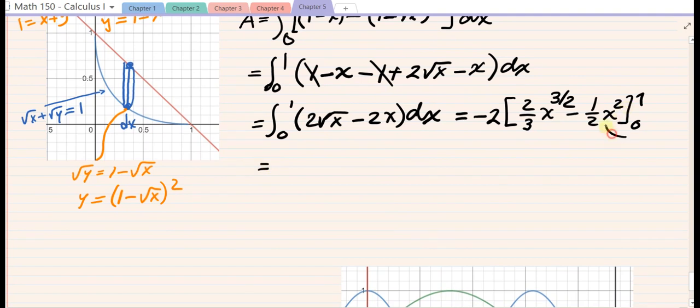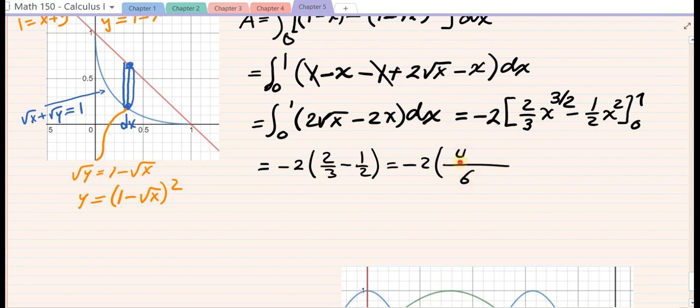Now the lower limit in for x will give you 0. So I'm just going to plug in the upper limit here. Plug in a 1, and 1 to any power is 1. So this actually reduces to an easy expression, -2, and then 2/3 minus 1/2. That's all that becomes. That's -2. The LCD is 6, so that's 4 minus 3, and -2 times 1/6 is -1/3, so the answer is going to be, of course, 1/3